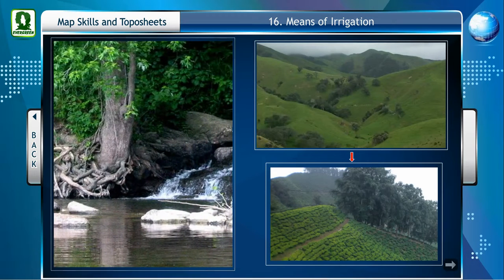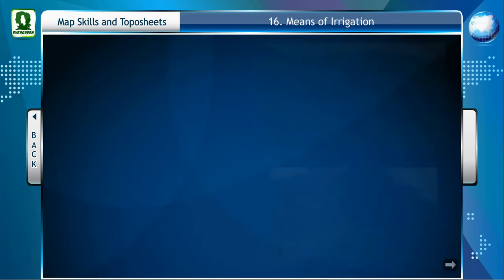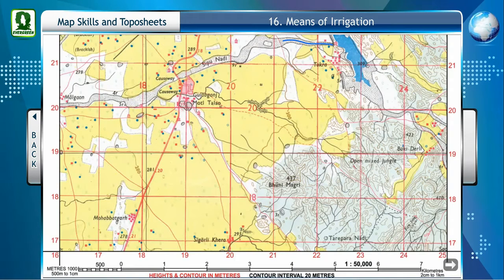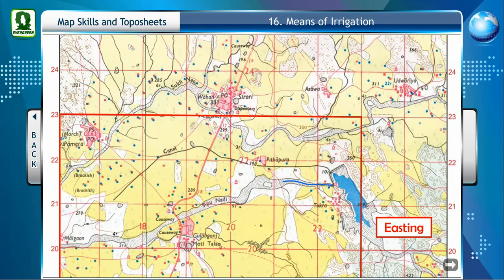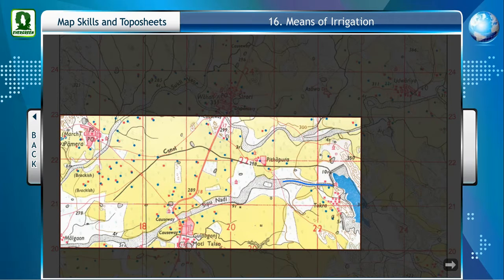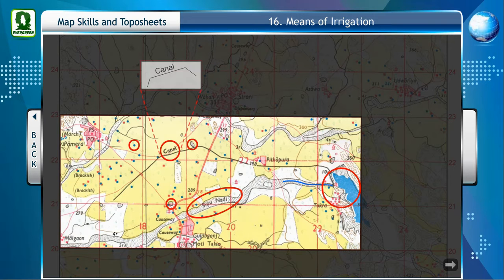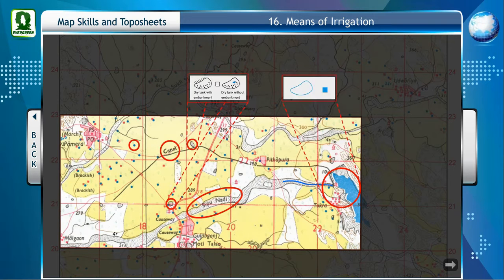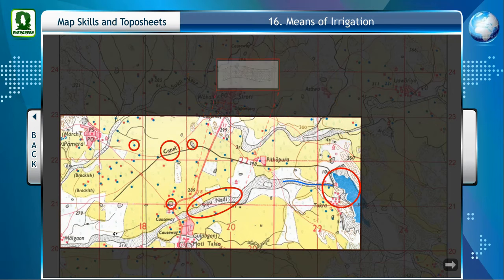To make the things more clear, let's observe a topo sheet. Look at this region of northing 16 to 23, with easting 20 to 23. Can you identify various symbols shown on this? A number of symbols shows that the region has several means of irrigation, like a canal, a water tank, Sipu